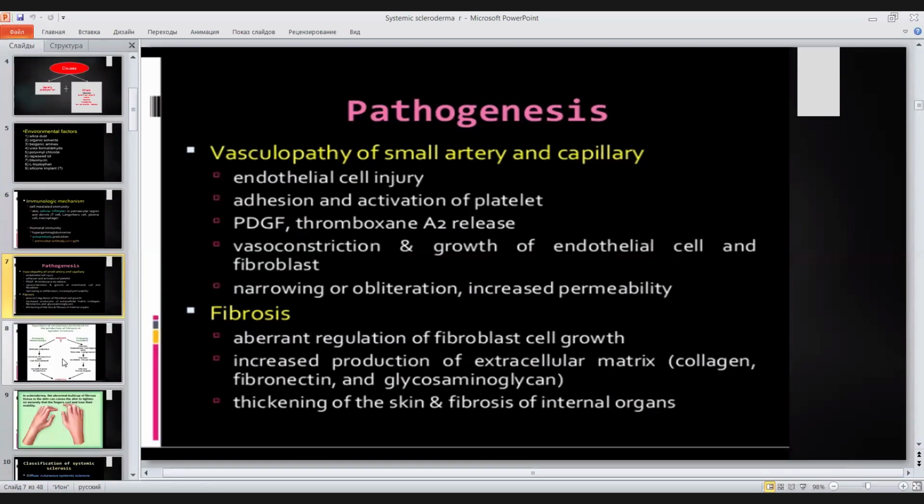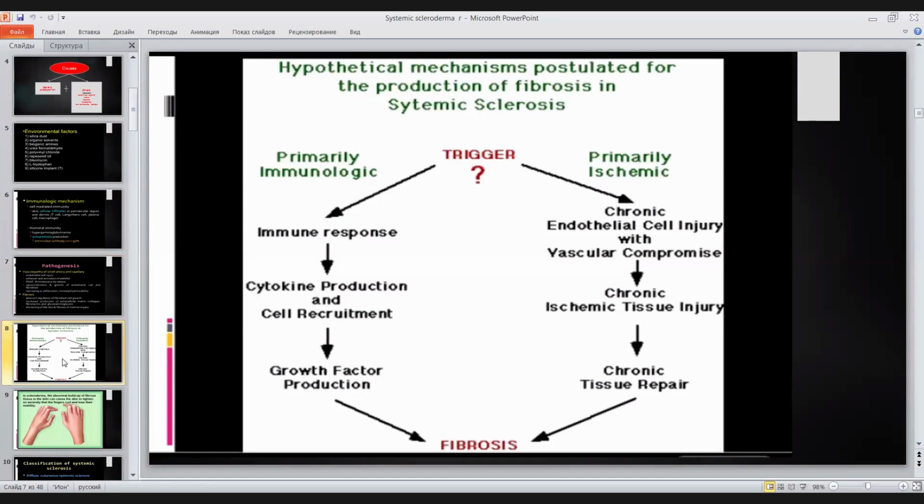Okay. You can tell the pathophysiology like this: primarily immunological or primarily ischemic. There might be different trigger factors. If primarily immunological,